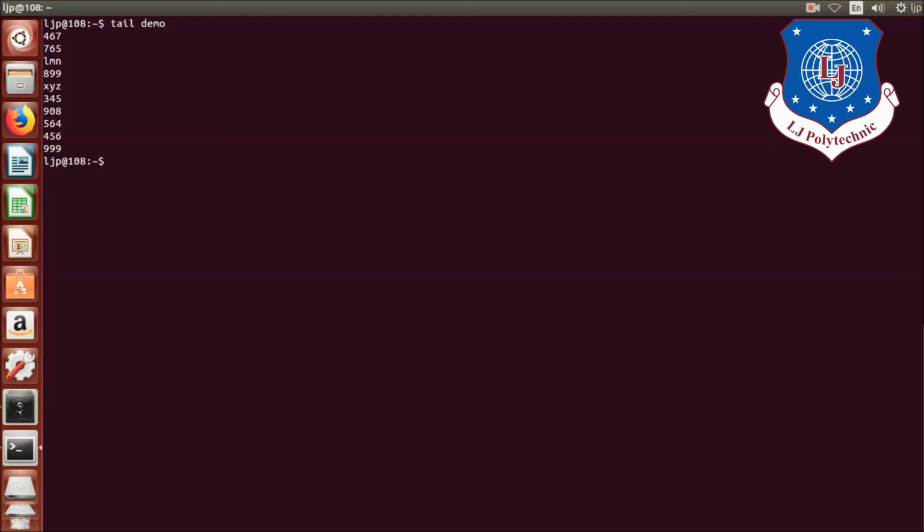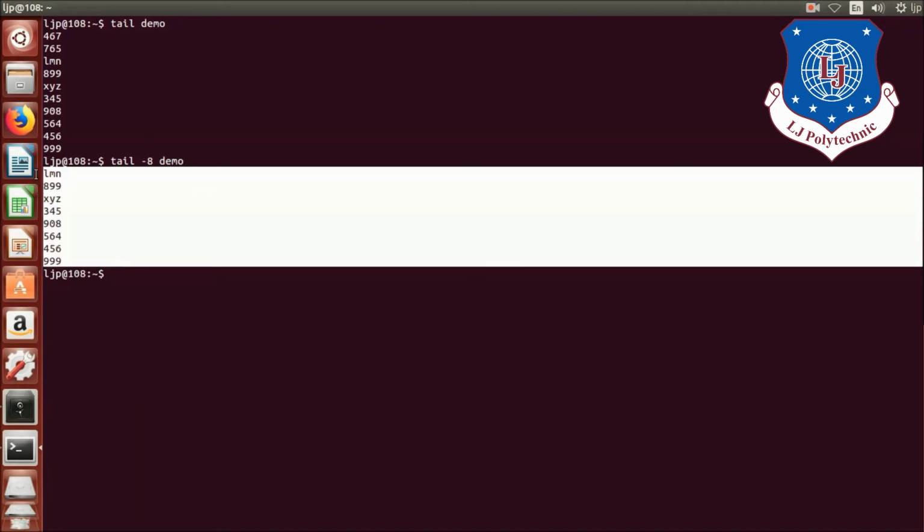That means if I want to display last 8 lines from specific file, I will write down tail -8 space, mention the file name, that is demo. So here as you can see, it will display last 8 lines from the demo file.